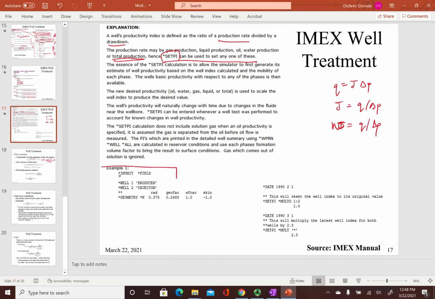This is an example of an input data file for CMG IMX. So here we specified field units. So the productivity index you provide has to be in field units, and I showed the corresponding units for that. Here we're using the geometry stack K. So in what direction is the well? It's a vertical well, right? From top to bottom. This is the radius of the wellbore in field units. So that would be in feet. Geometric factor,